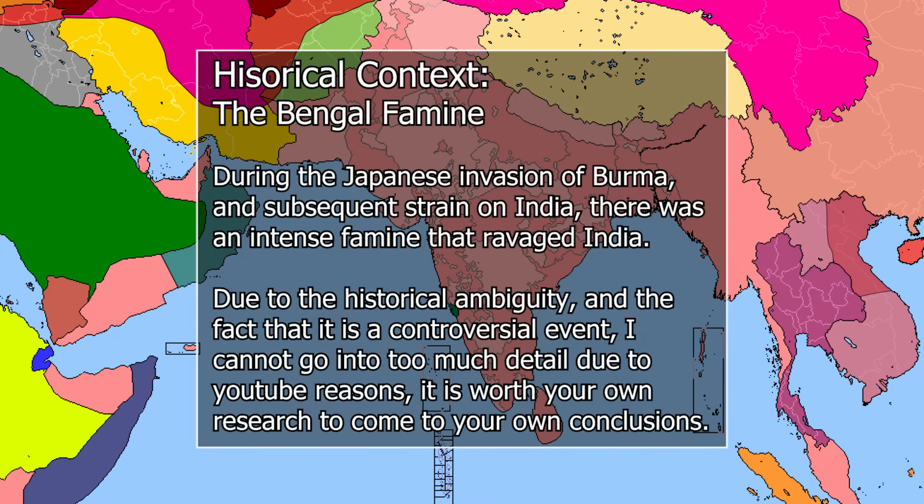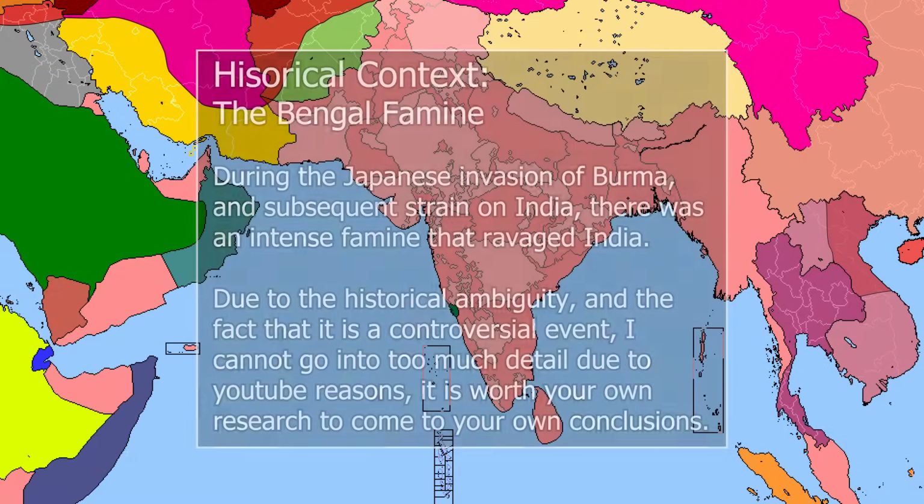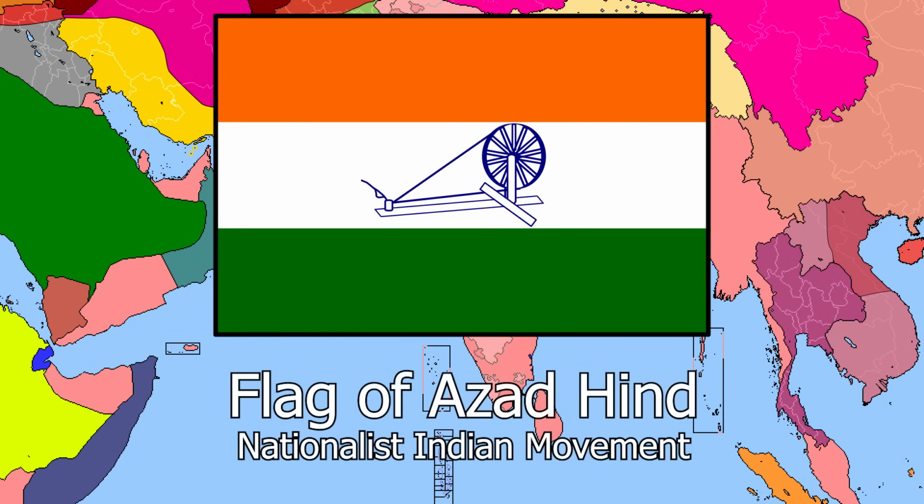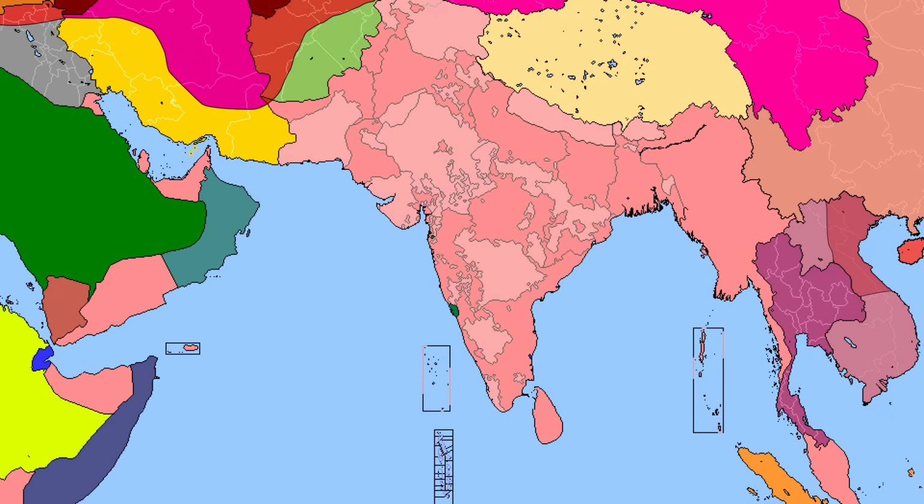This happened in real life, and was an extreme tragedy. However, in this timeline, it would be exacerbated by the divergences. With countless nations banding together against British imperialism, the Indian national movement would gain more and more traction. Confident that the British would be overwhelmed by the Latin Axis, and emboldened to take action as their countrymen suffered